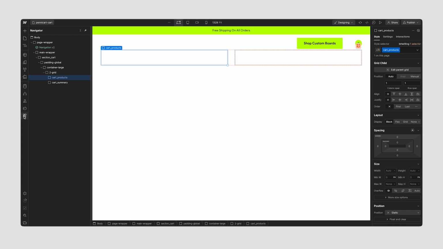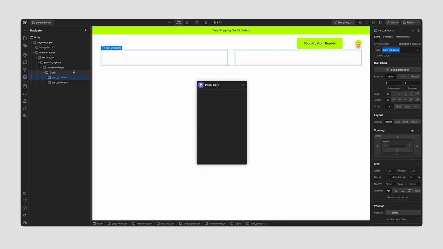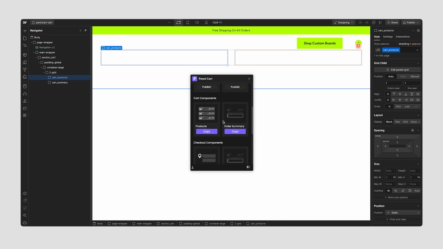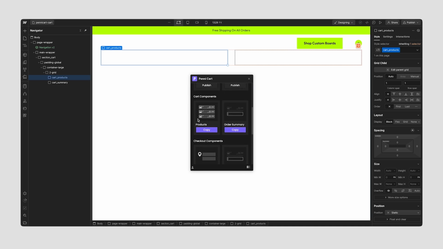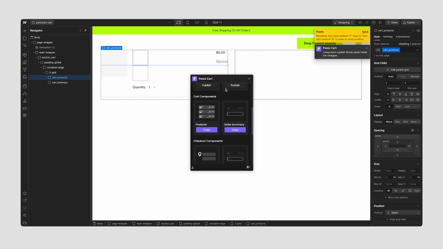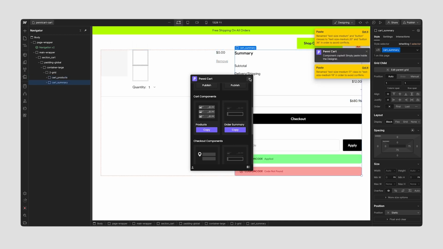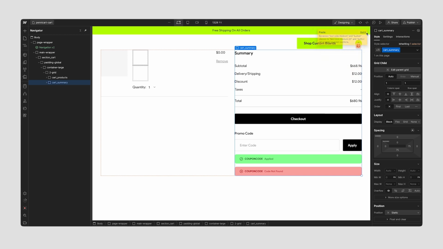cart products, and I'm going to open up the Penni Cart app. At the very bottom, we have our components. I'm going to scroll down until I get to cart components. Now we have products and order summary. These are the 2 main components in order to make the cart page work. So I'm going to select products. I'm going to paste that into cart underscore products. I'm going to do the same with order summary and cart underscore summary. Perfect. So that's all of the components that we needed to add onto the cart page, but now we have